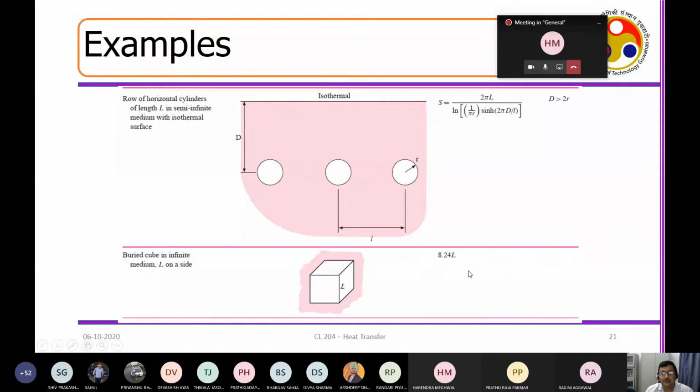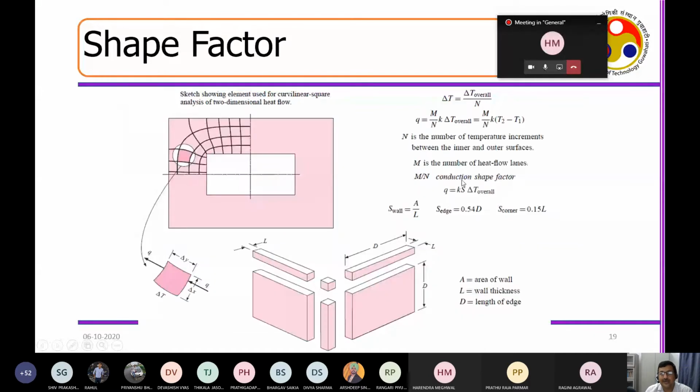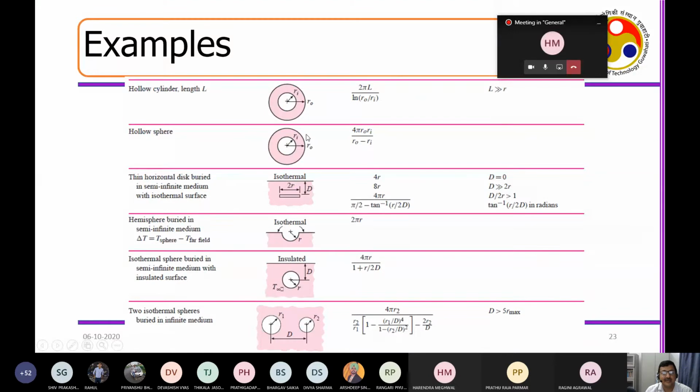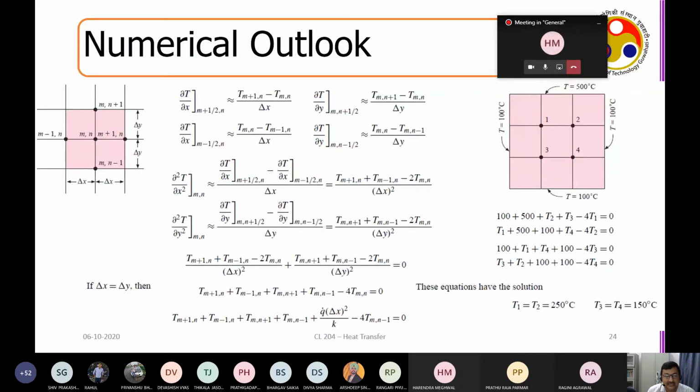Now, once the shape factor S is there, you calculate the overall heat flux like this. This was going on for a while for different types of systems. I have given many examples like hollow cylinder, hollow sphere, isothermal, insulated. Different types of analytical equations were created, and remember, they were giving very good results. All the calculations done using these shape factor equations gave us real good solutions,